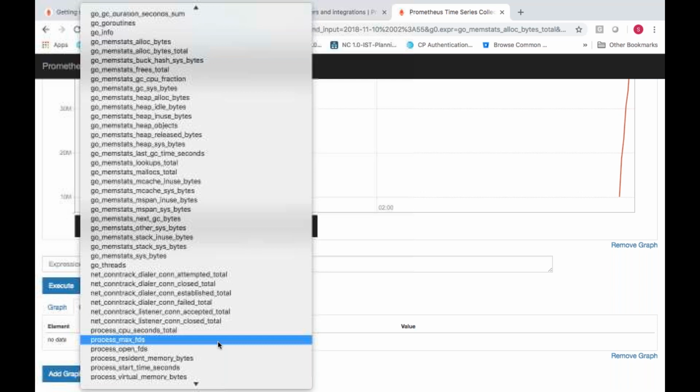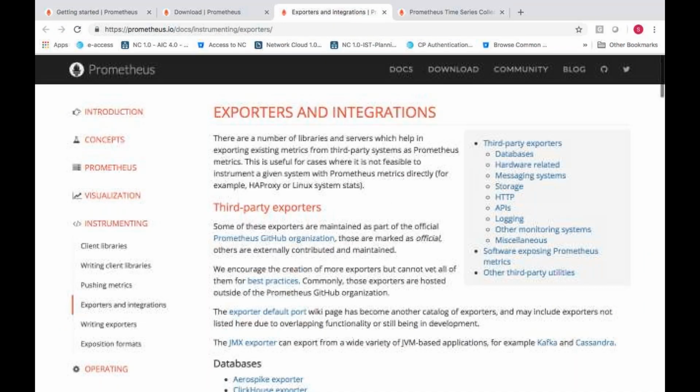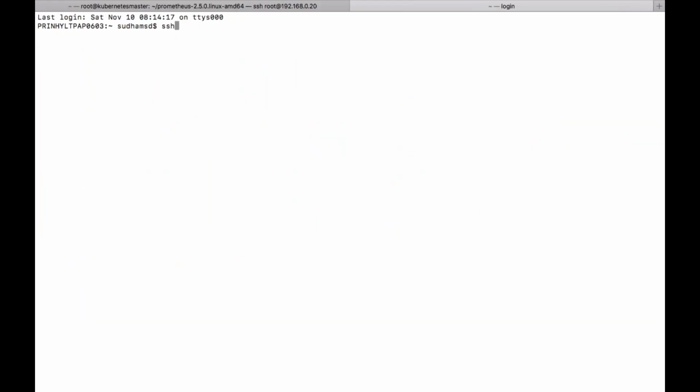By default this graph is already monitored because that particular node has the required information. Now let's say I want to monitor this second node. I have another node, right? It is showing only the information related to my one particular node, that is the master node. If it is Kubernetes, it will show you the entire thing. I'm talking about node information, like memory, CPU and all, that needs to be monitored.